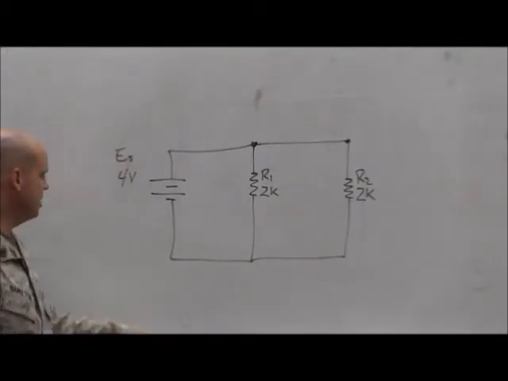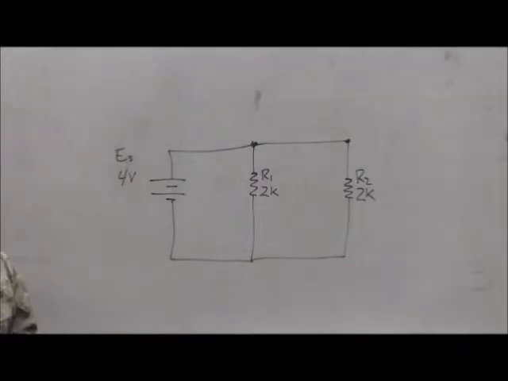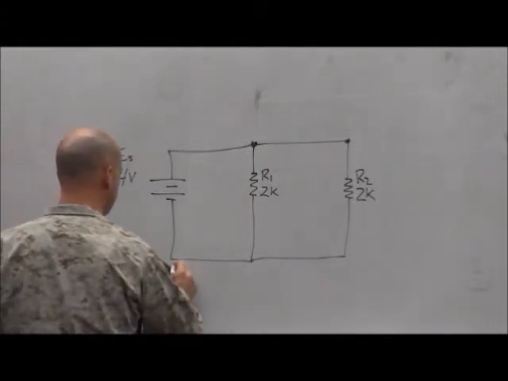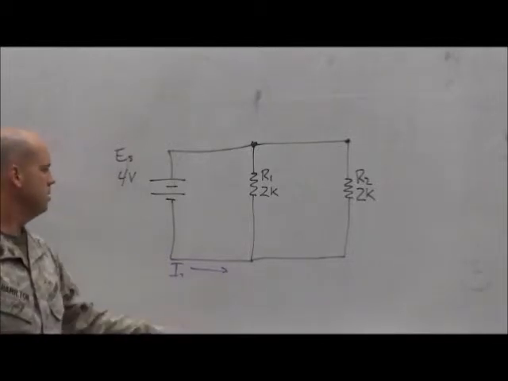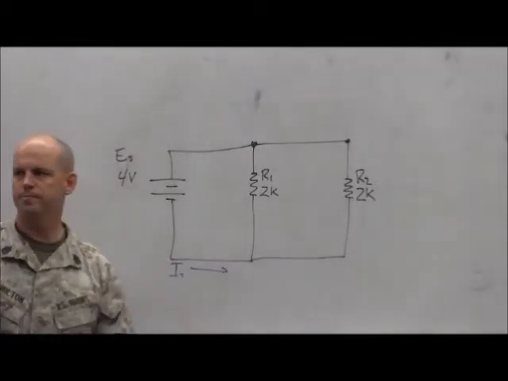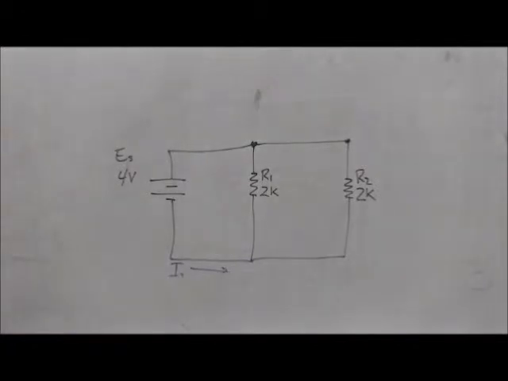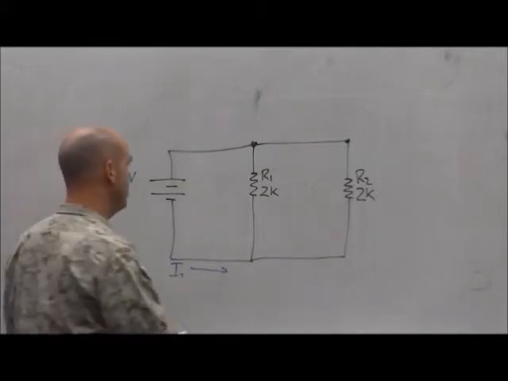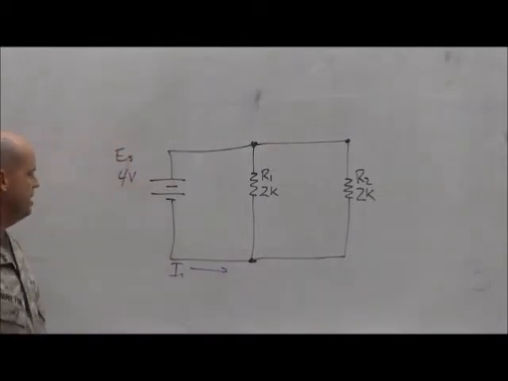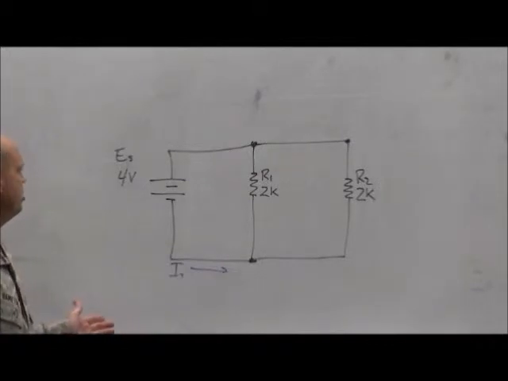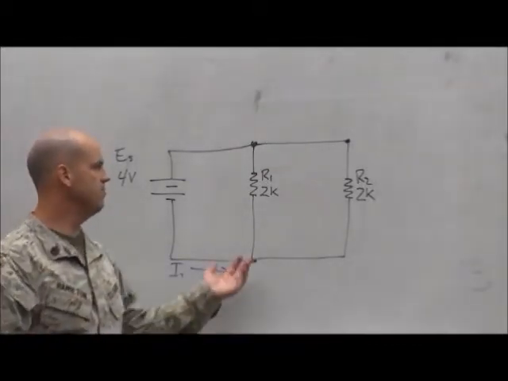Okay, so which direction is current flowing here? Counterclockwise, that's correct. So IT. Where does IT have to go back to? Has to go back to the source, right? But this node right there, IT is going to split, is it not? Okay. So we can look at this and apply Ohm's law, and we can say, well, let's find our total